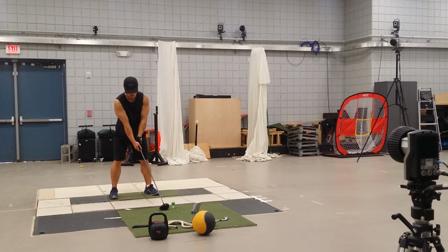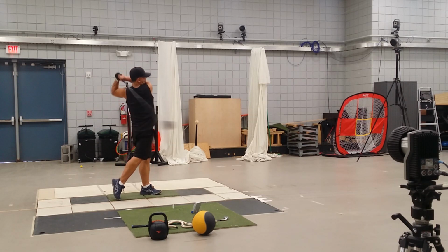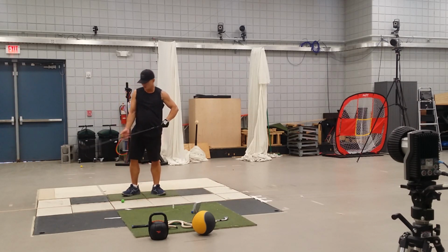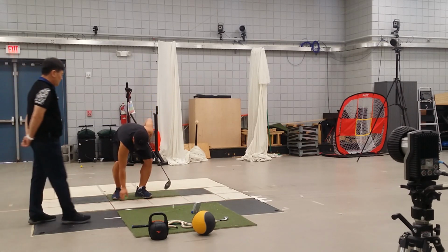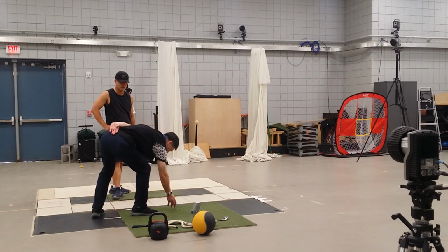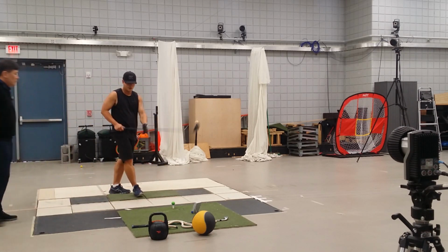Let the body move, and then impact and swing through. You see? The impacts, again, two in a row. These are the best I've seen today. Yes, good impact. Again,